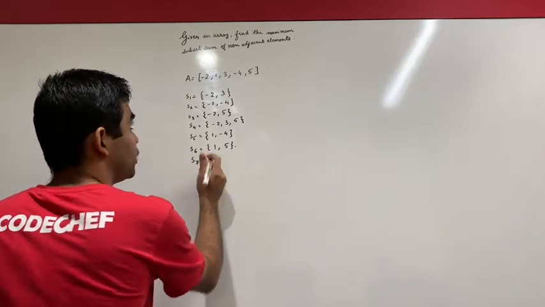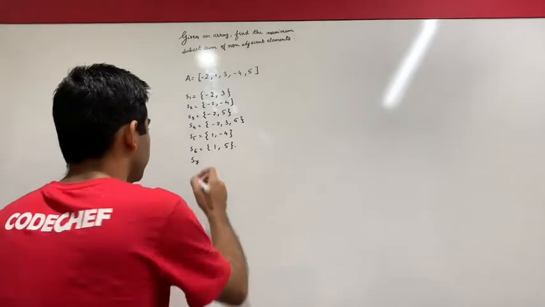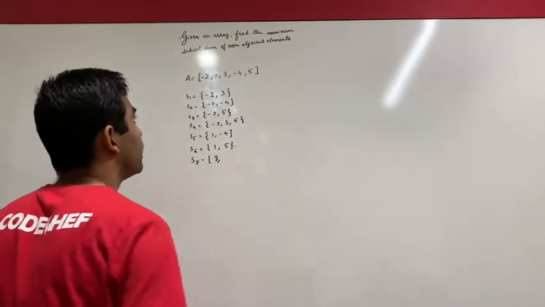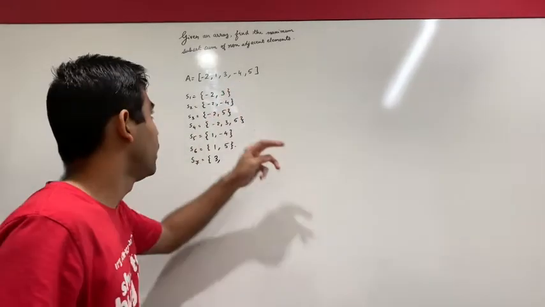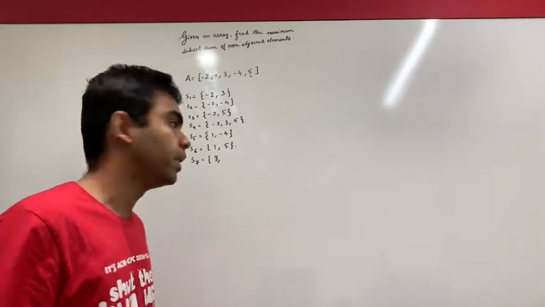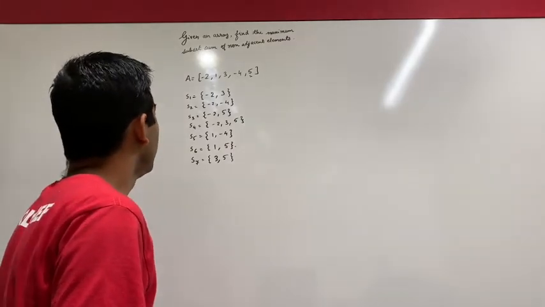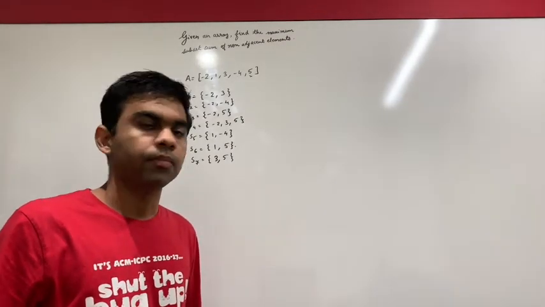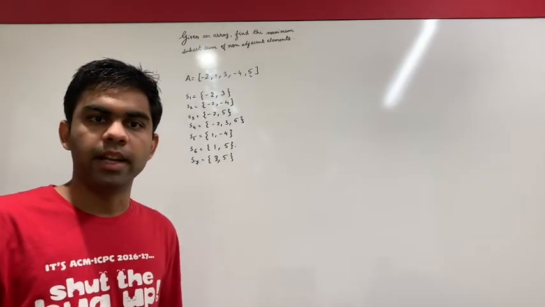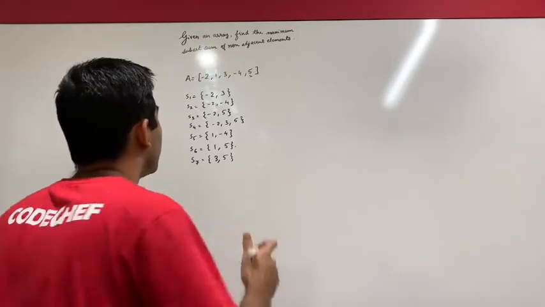And let's move on to the third index now. So if I include the third index, then I'll choose 3. And what all possibilities do I have? Of course, there is only one possibility, that is 5. I can't choose -4 because -4 is adjacent to 3. So I am choosing 5 here. So now we have calculated all the subsets. We have figured out all the subsets which satisfy my given constraint. And now let's try to find the sum and let's try to return the maximum sum.